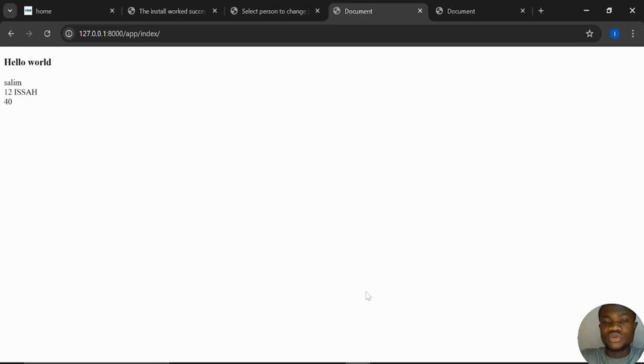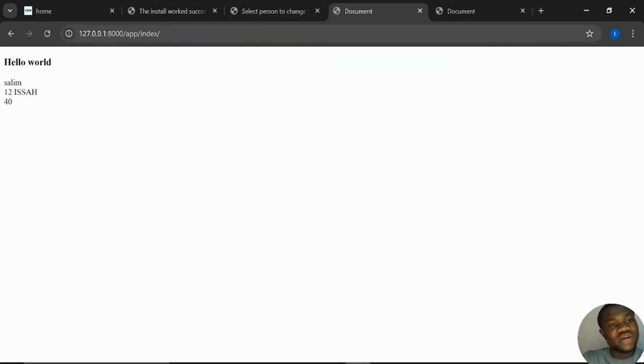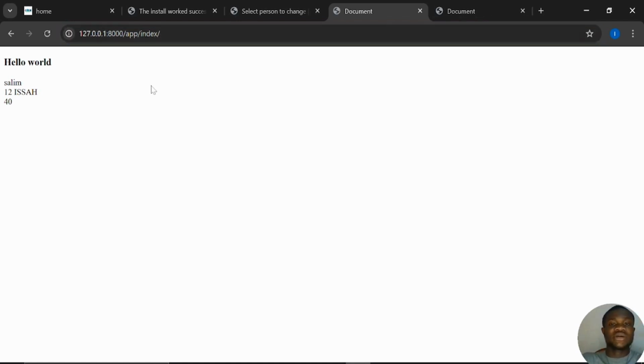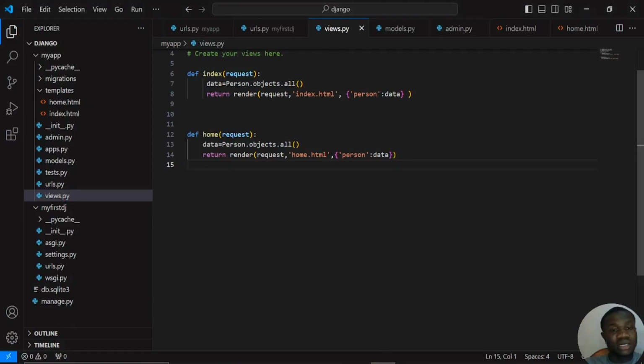So we will use our knowledge to do something simple. But first, you notice that anytime we want to go to some URL, we have to manually type the name of the URL inside this. We have to actually access the URL by typing manually. So let's create some link tag inside our HTML for us to link it to each other. So inside this link tag